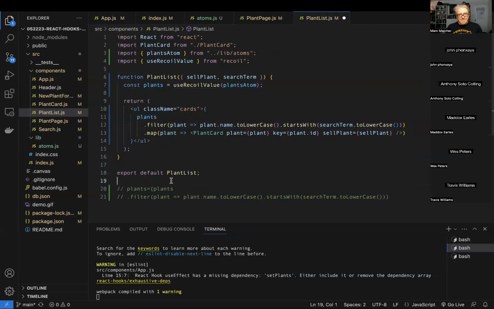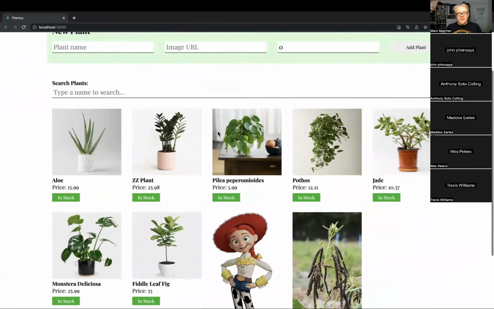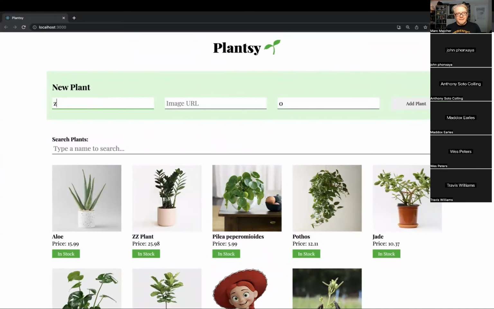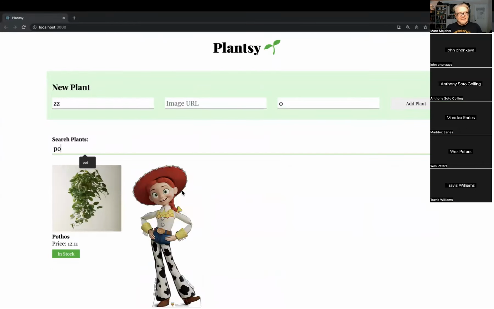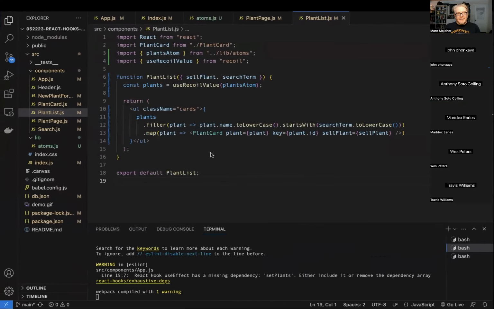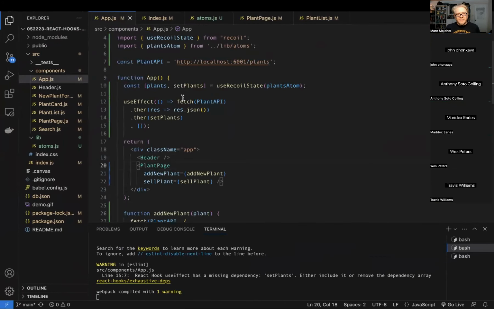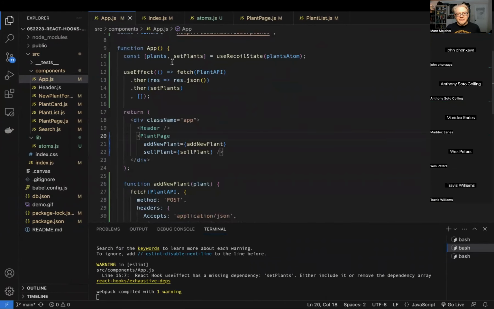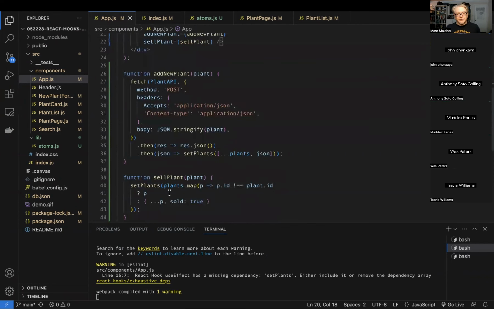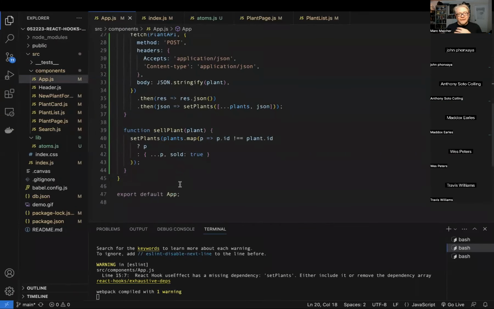Great. Is this going to explode? Possibly. No explosion yet. Hey, look at that. Everything works. Fantastic. And so now we're not passing plants down. We are setting plants here in our app, but we don't need to actually pass it down to do the stuff. And now if we want to,